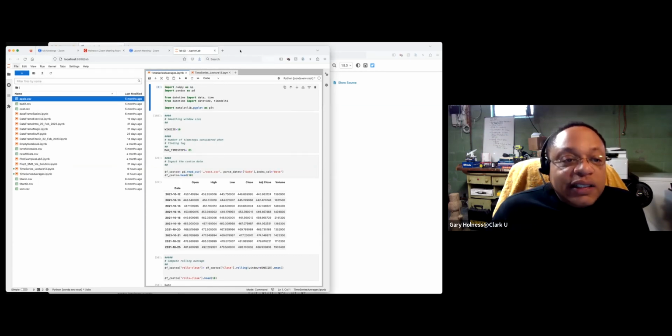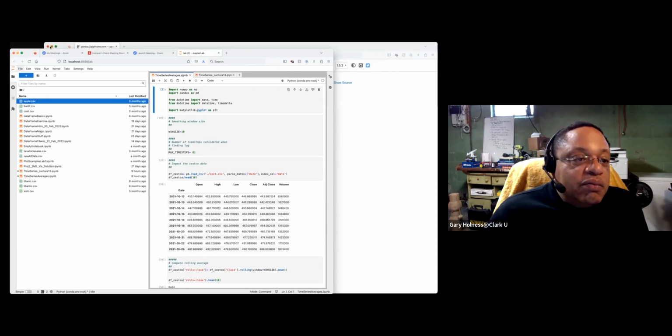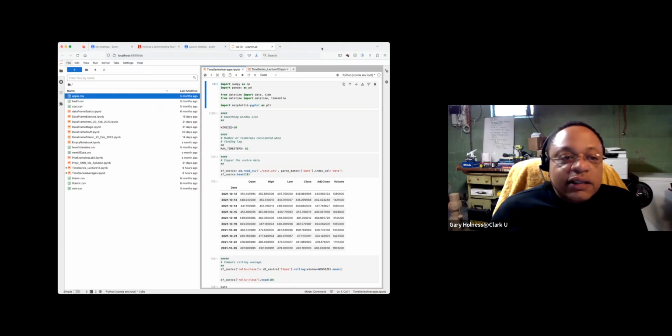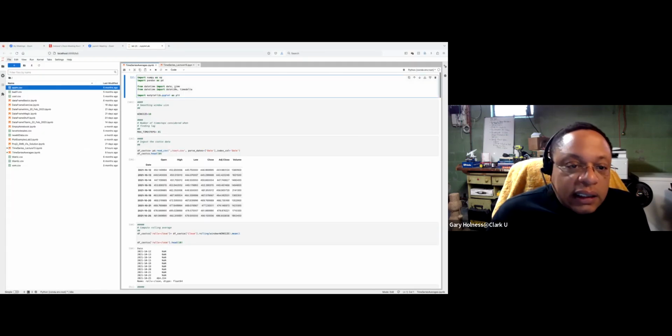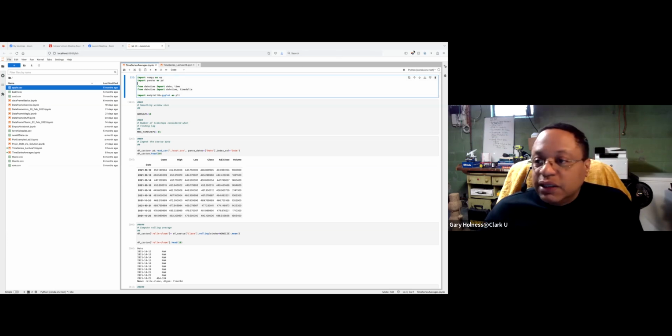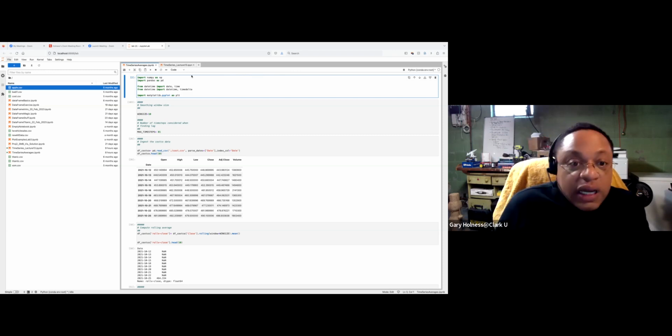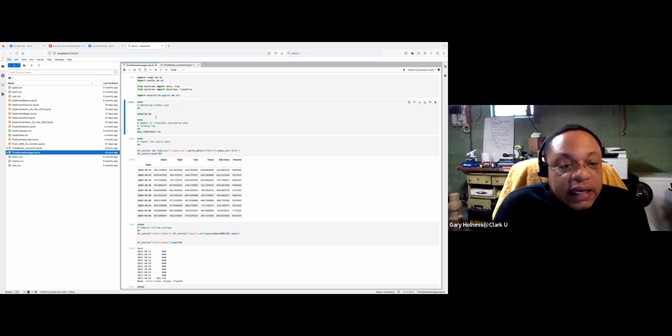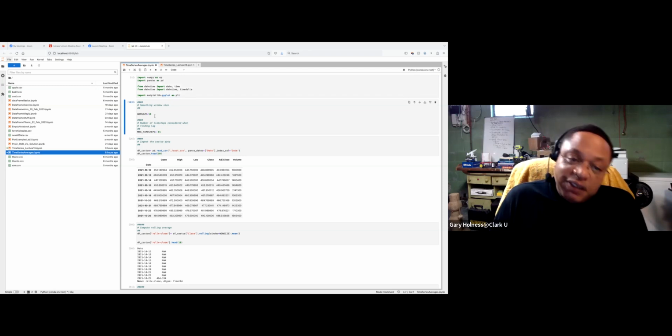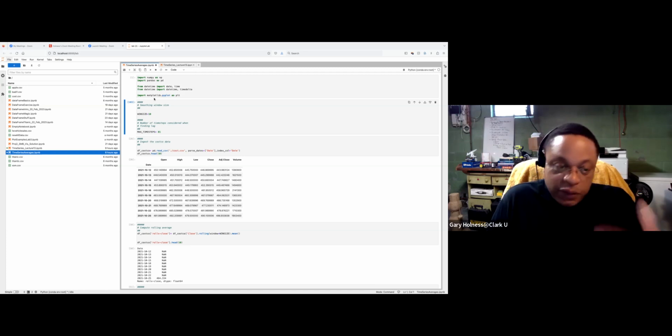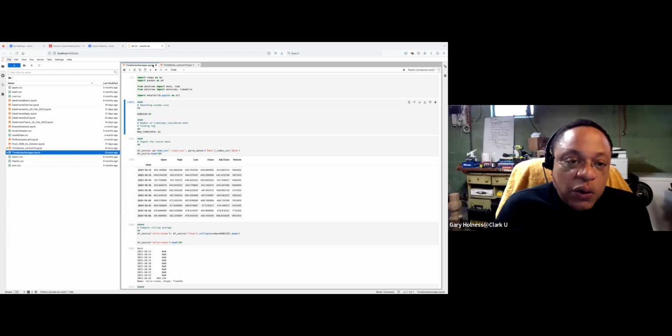Okay. So let me minimize that doc, and let's go to the Jupyter Notebook. Let me move this. Okay, so here I'll start out. Let me switch to my mouse here. We'll start out by importing the libraries that we believe we need for this analysis. And then I have some global variables, and it's my style. You can adopt your own style, but it's my style to begin with the libraries I need, set all the global data structures and variables that I need, and then have the code that I need.